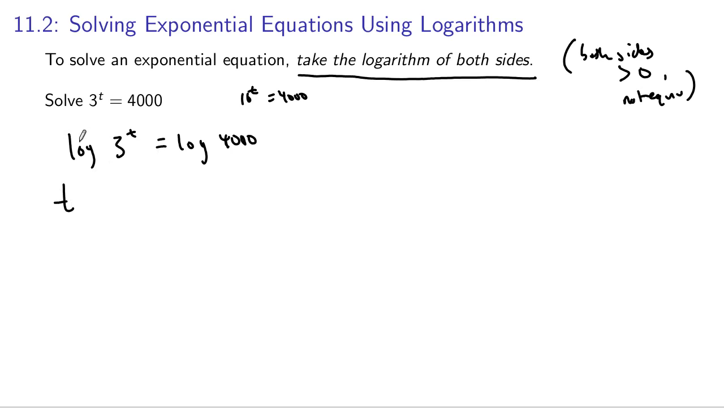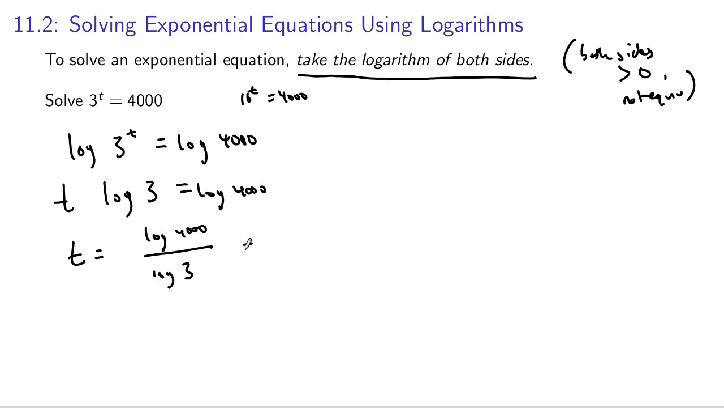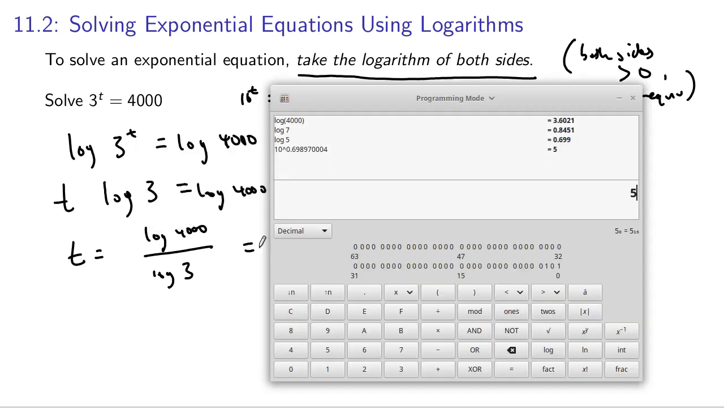We can pull t out in front using the rules of logs. Log of 3 is a number, log of 4,000 is a number. We can write t is log of 4,000 divided by log of 3 by dividing both sides by log of 3, and that's our answer. So we can grab our calculator and write log of 4,000 divided by log of 3, and we get